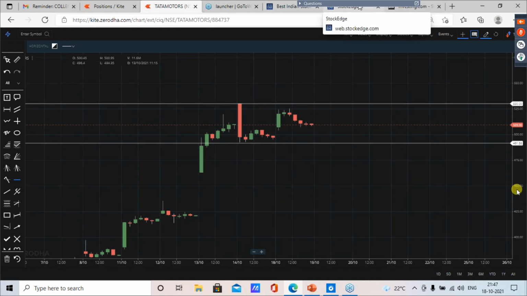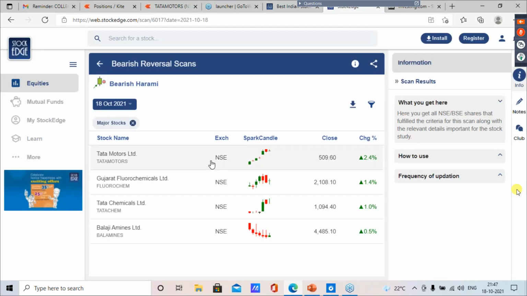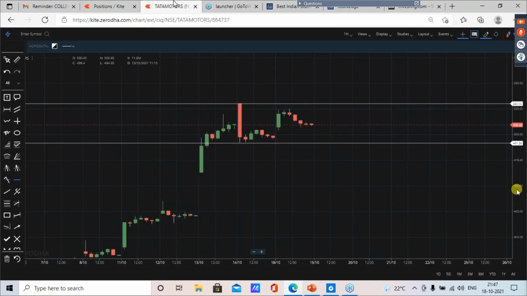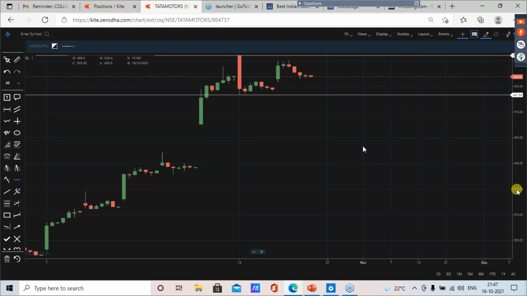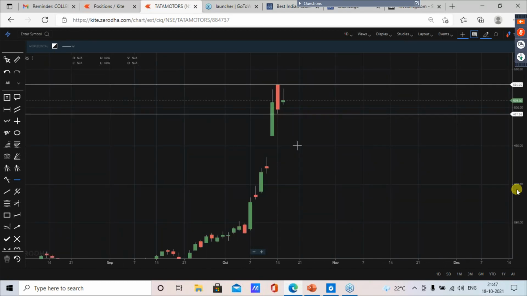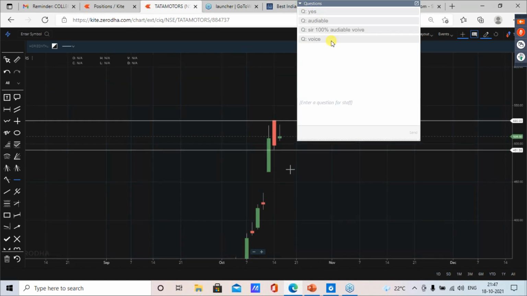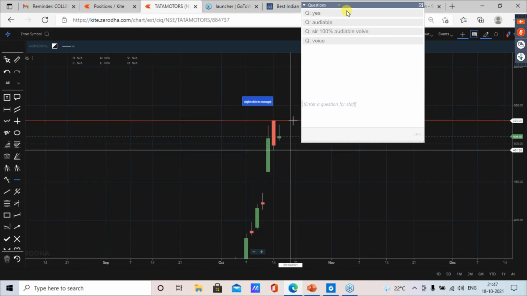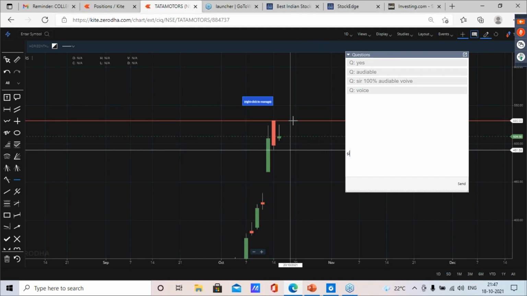This particular app will tell you what those stocks are in which you have specific candlestick patterns. Just because it has given this, we are not considering them for trade. We're going to put them on chart and see the location. Yes, we can treat this as an inside bar. If the high of this is broken, we can take a brilliant trade.